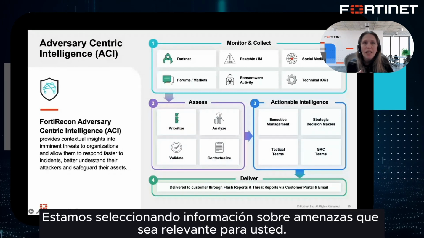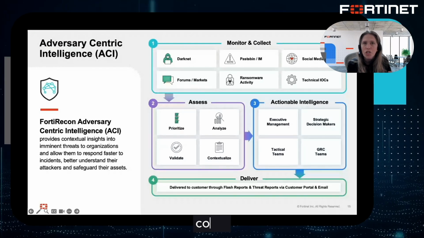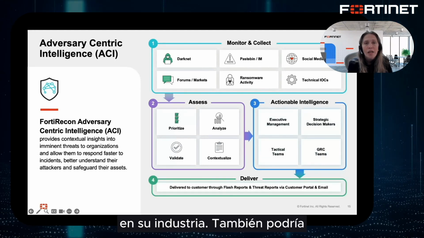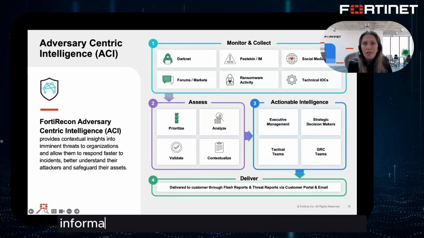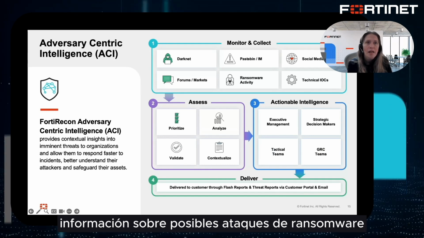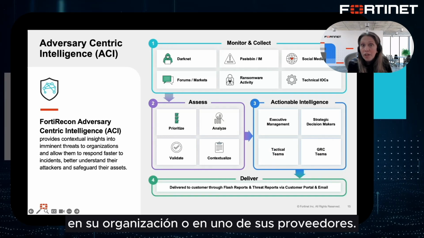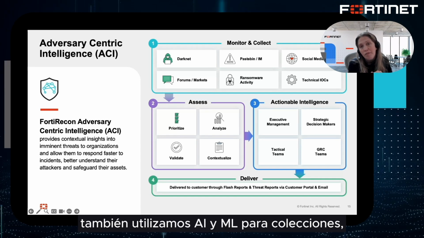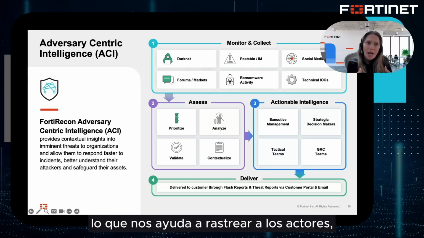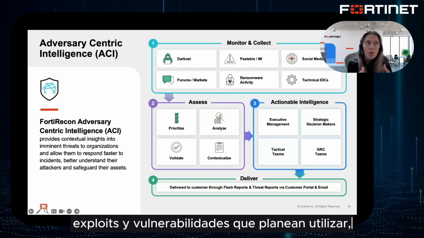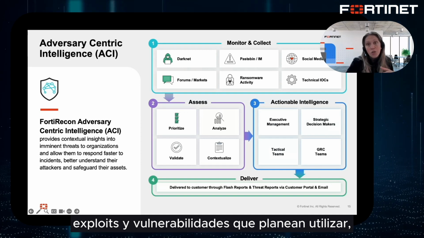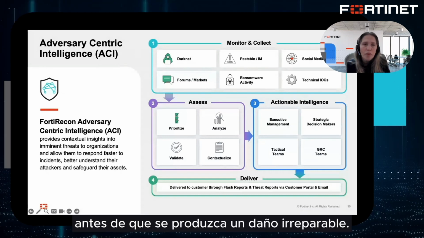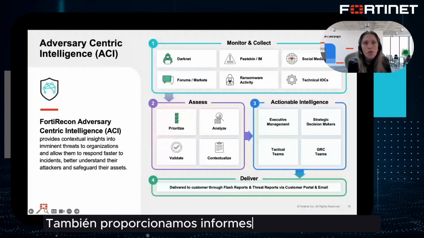We are curating threat intel that is relevant to you, such as a list of new vulnerabilities that are being abused in your industry. It could also involve detailed information about potential ransomware attacks on your organization or on one of your vendors. In addition to human intel, we also use AI and ML for collections, which helps us to track the actors, exploits, and vulnerabilities they are planning to use to help our customers take preemptive steps before irreparable damage can be done. We also provide threat and